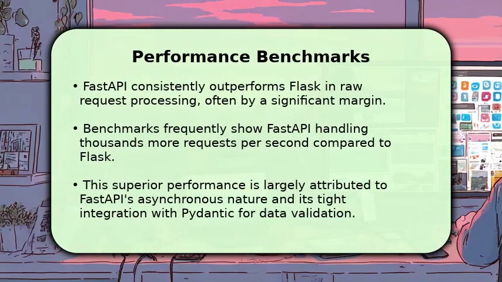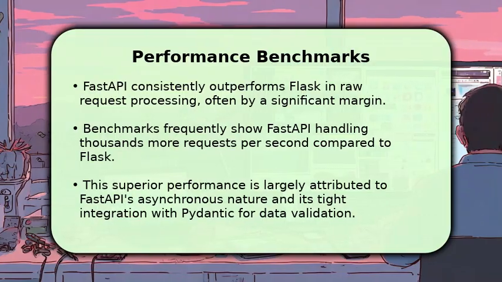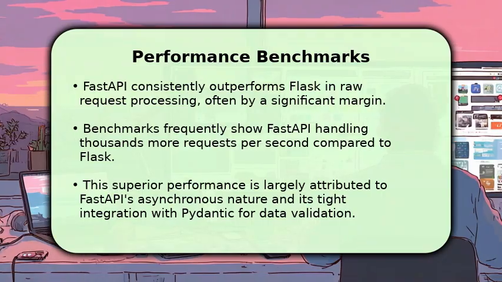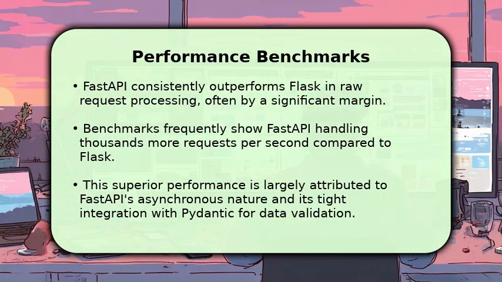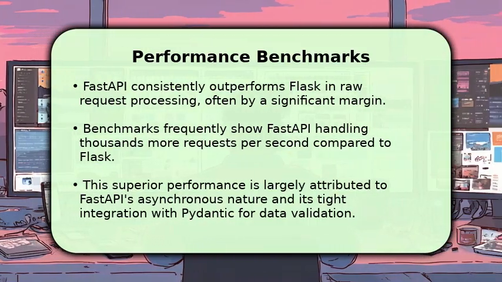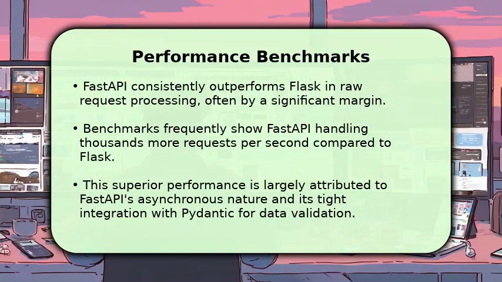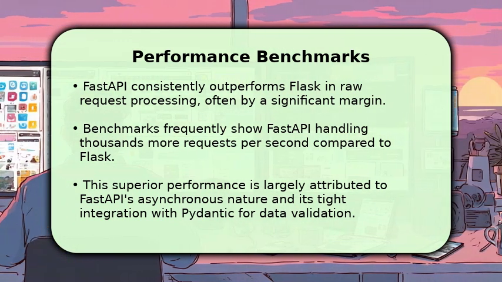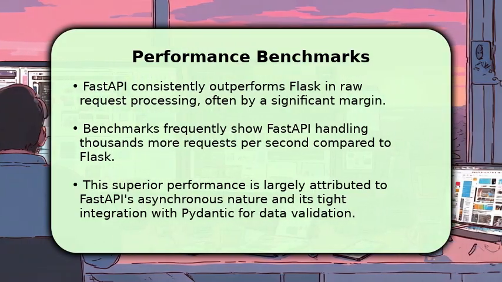goals. When it comes to raw performance, FastAPI generally holds a clear advantage over Flask. Its asynchronous capabilities allow it to handle many concurrent requests more efficiently, leading to higher throughput. While Flask is performant for many applications, FastAPI's design, leveraging modern Python features and tools like Uvicorn, often results in significantly faster response times and the ability to process thousands more requests per second under heavy load, making it ideal